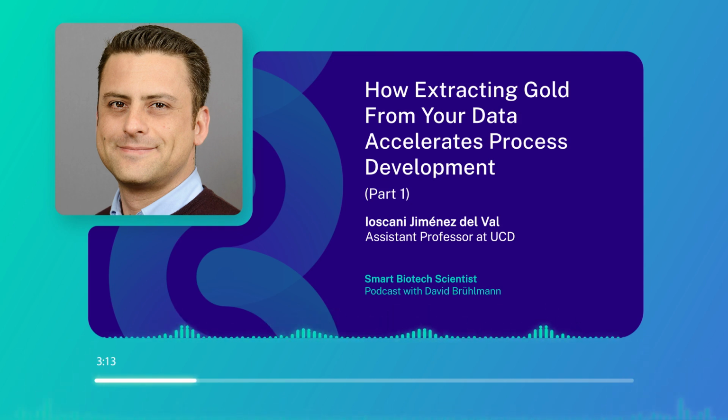So let's jump into your research because, Ioscani, you're doing exciting stuff and I've been following you for a while now. Especially you mentioned the magic word glycosylation, and you're using computational methods to describe and to control and optimize bioprocesses. So how do you do that exactly? The loop starts with creating a computational model, and then all computational models have inherent assumptions. If they're dynamic models, they have a set of unknown number values that we're uncertain of. So the overall idea is to generate experimental data so that we can obtain more certain numerical values for those unknown, say, kinetic parameters and so on and so forth.